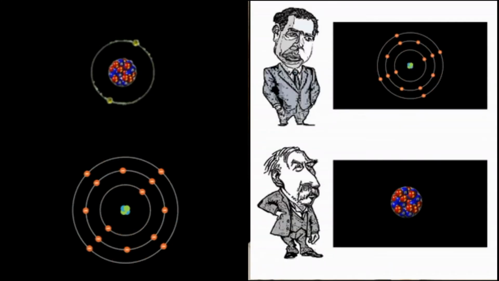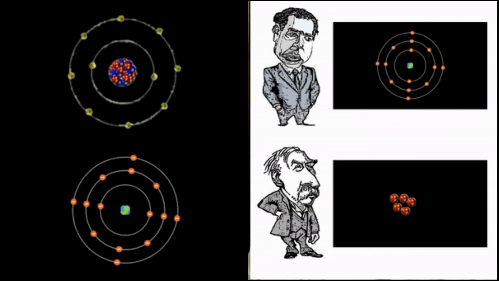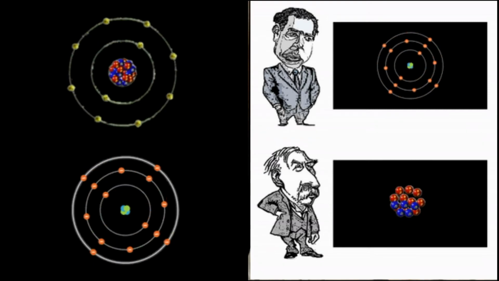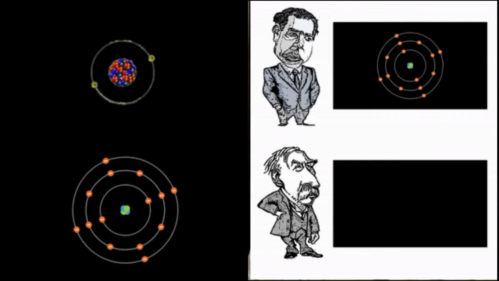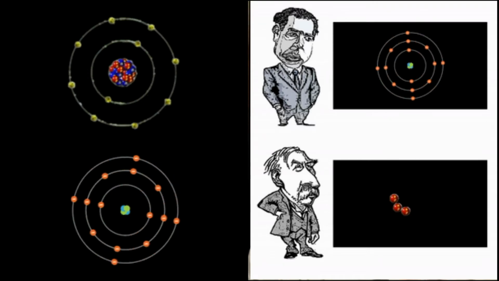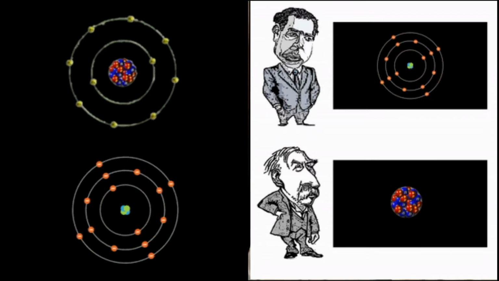Well, we get it from these two gentlemen, and one is Bohr and the other one is Rutherford. This is where the planetary model came from. Bohr, in what was it, 1911, he came up with the orbitals, the notion that an electron can fall from one energy level to another and back up, and when it does, it emits a given frequency of light or a given wavelength of light.